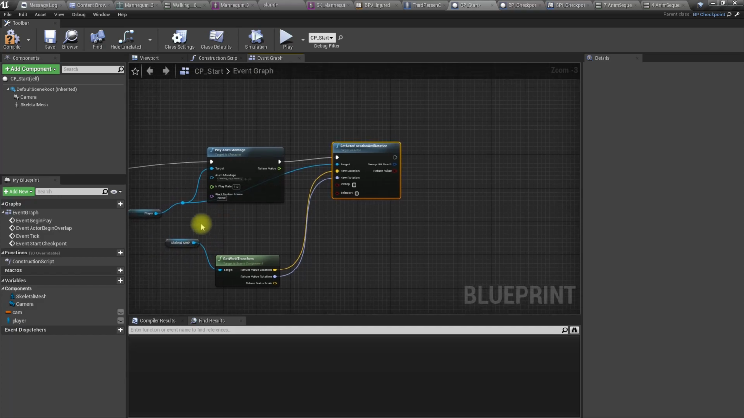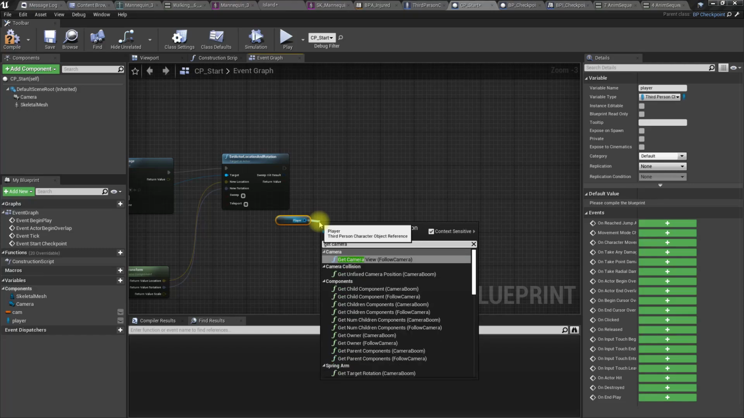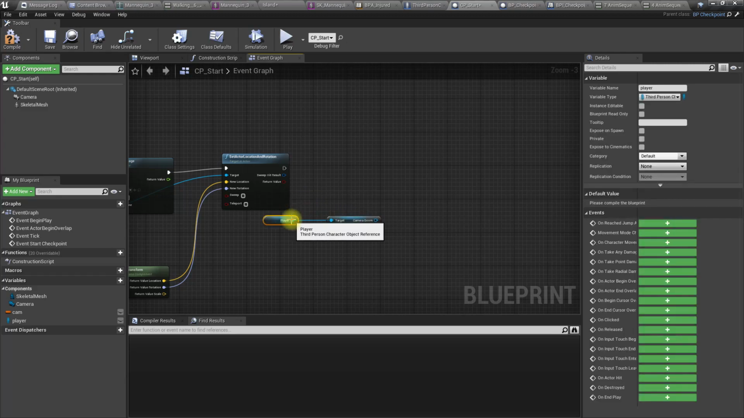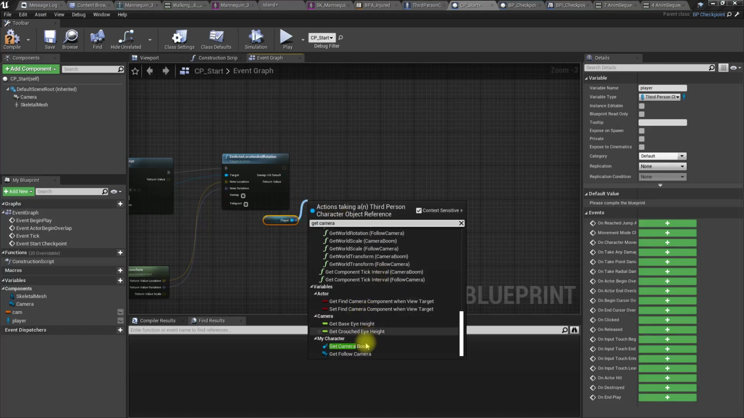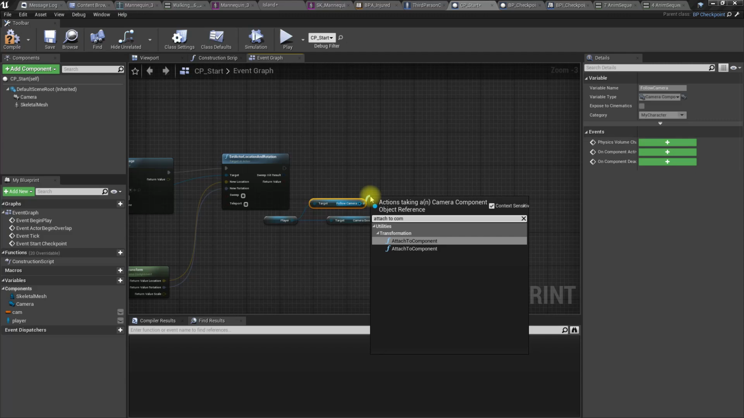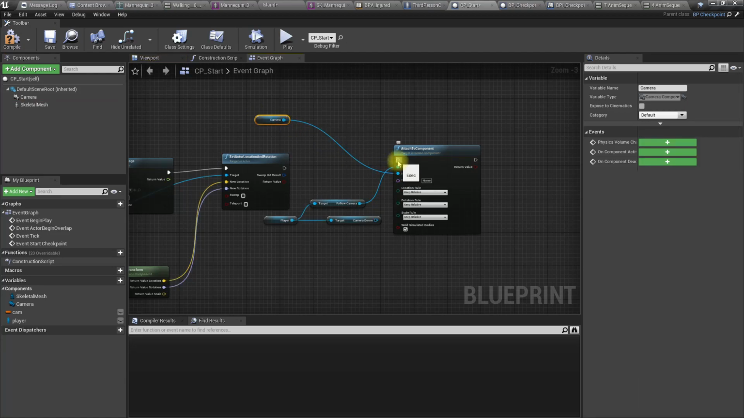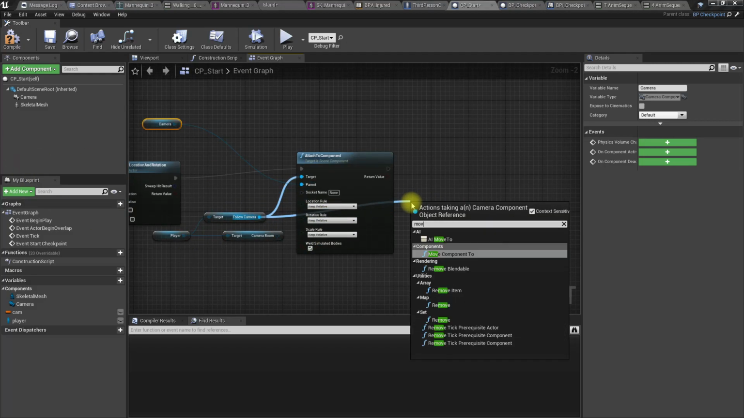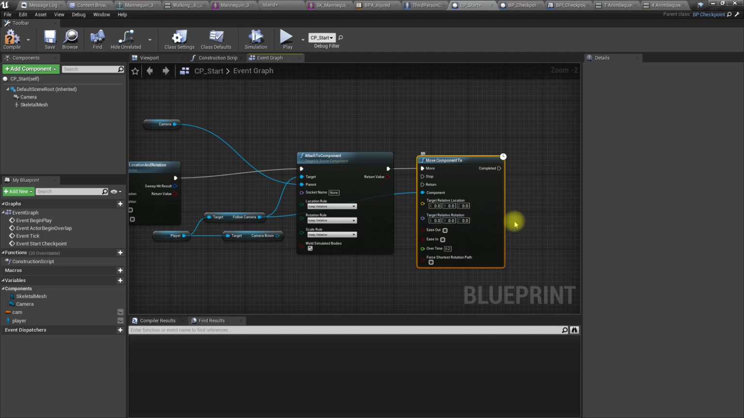And then get the player, get camera boom, no, get camera, get follow camera, attach to component, parent would be this camera, and then component 2, everything should be 0,